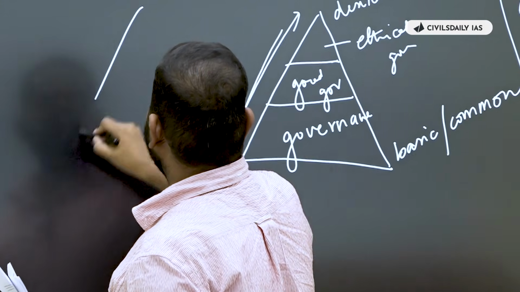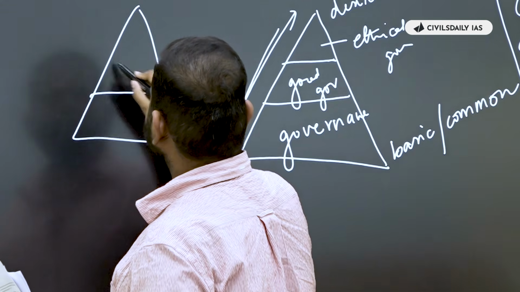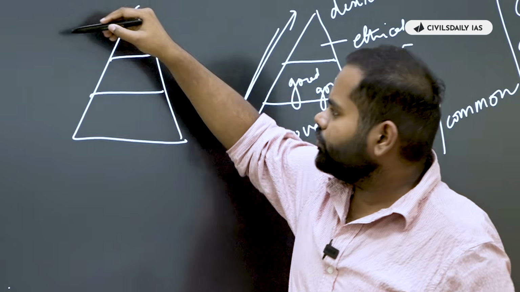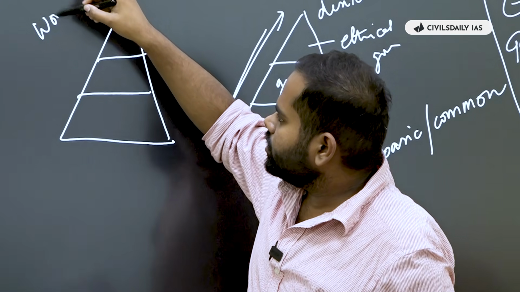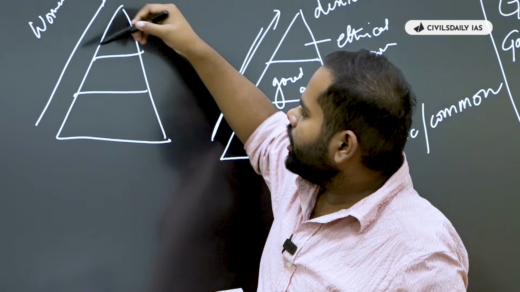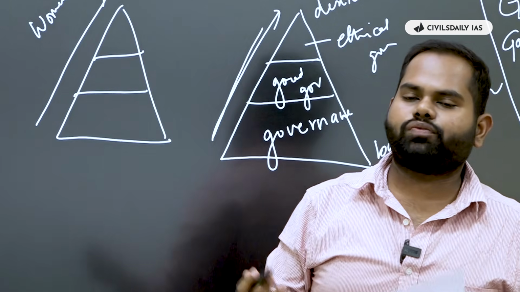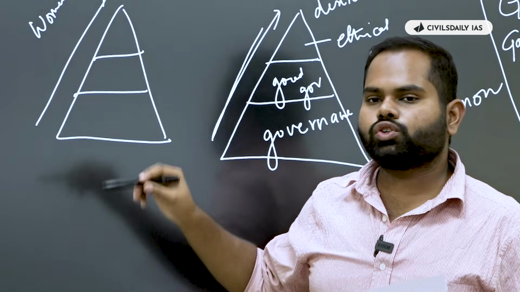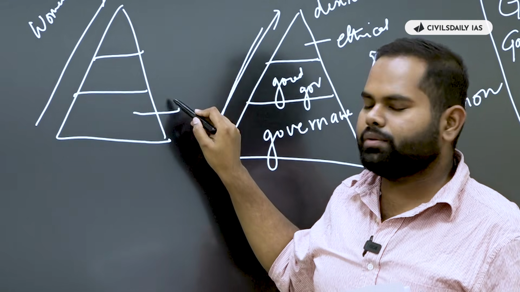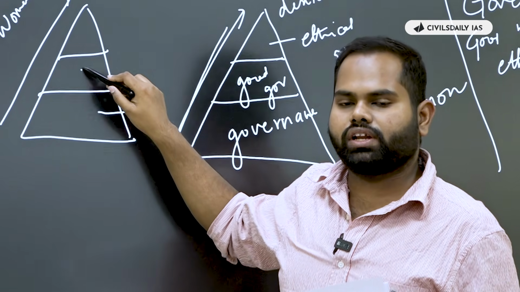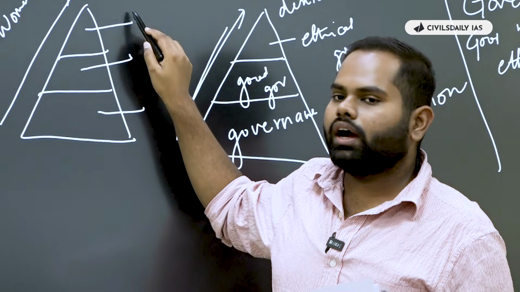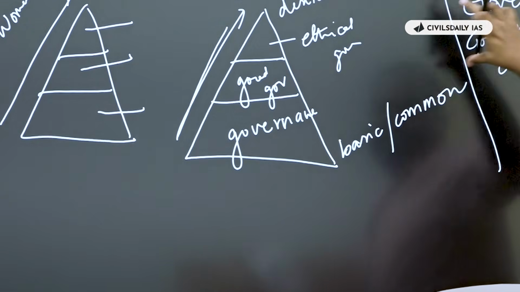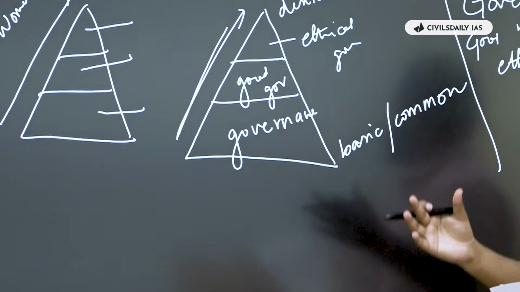Similarly, where you have to show anything, like for example, what should be the role of women, or let's say the kind of participation you'd like to see in governance ke structures pe. You could show something which is very relevant and contemporary, and how you could have a more progressive society and what you want to attain. So similar things where yahan pe you got these keywords directly: governance, good governance, ethical governance.